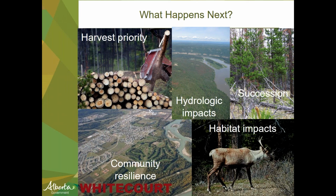That leads us into those questions of succession as well. If these stands are not harvested, what will the succession process look like? So what will, in the long term, be in those stands? We have to look at that and think of these stands in terms of the long-term fiber supply. We also have